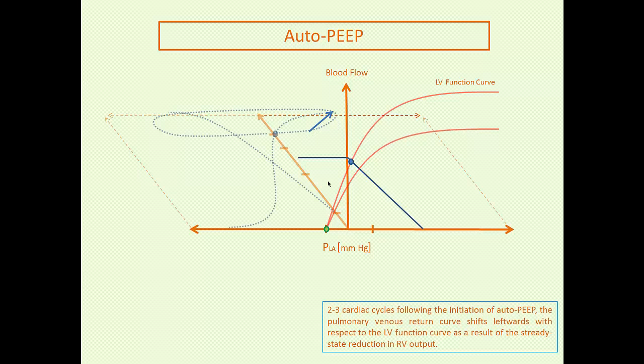As autoPEEP begins to develop, and really after only a few cardiac cycles after the initiation of autoPEEP, the pulmonary venous return curve is going to shift leftwards relative to its baseline state, and that's because there's been an overall decrease in right heart output. So pulmonary venous return is shifted. So now when you inspire,